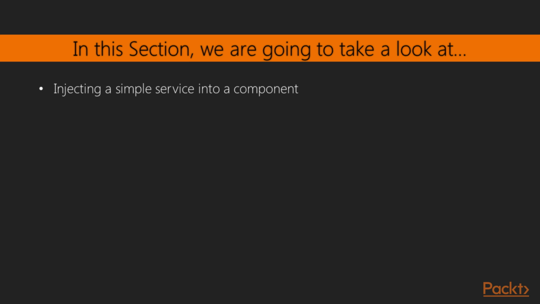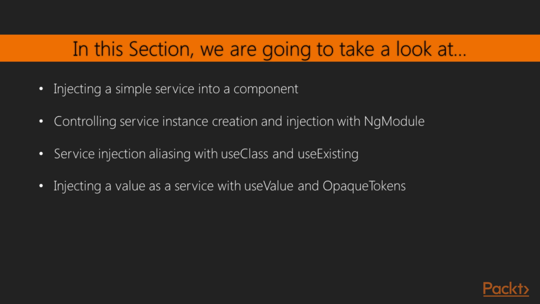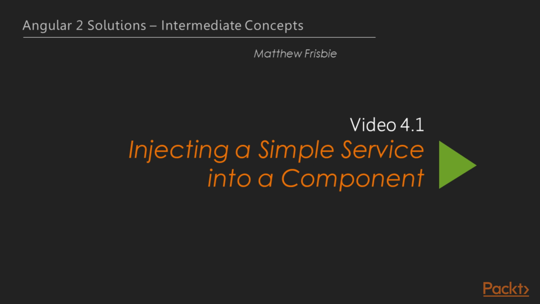In this section, we will be injecting a simple service into a component, controlling service instance creation and injection with ng module. Then we will alias service injection with use class and use existing. We will also be injecting a value as a service with use value and opaque tokens, and building a provider-configured service with use factory. Now we move on to the first video of the section, injecting a simple service into